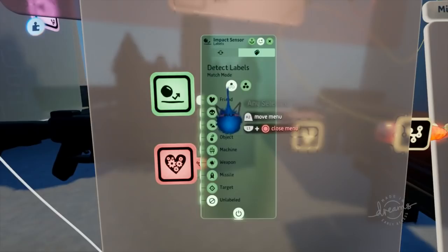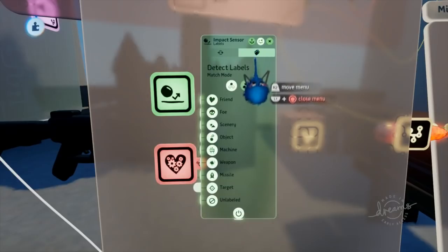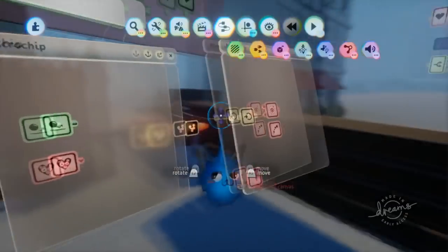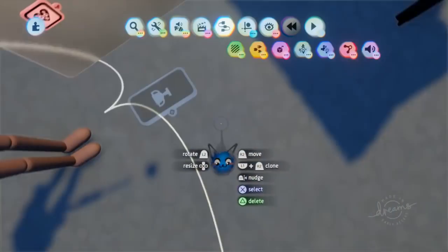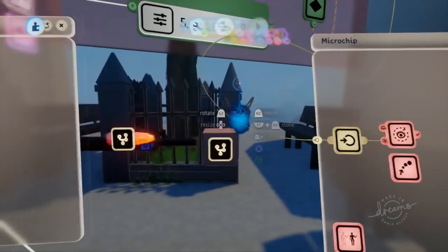It can be any label, really. So you might want to just select everything in here in the labels section of the properties panel. I'm not sure why it didn't come like that. That means if it hits the player, if it hits the ground, if it hits another AI, it's gonna output